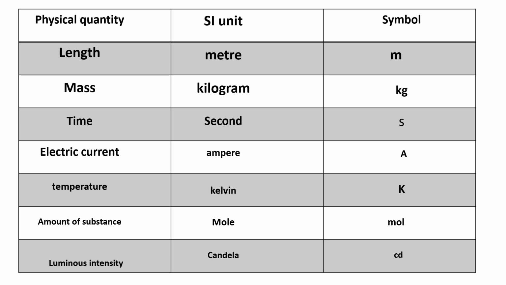So notice that your AS syllabus simply deals with the first 5: length, mass, time, electric current, and temperature. These are used quite often in your AS syllabus. Very rarely do you meet amount of substance and luminous intensity in AS physics. But in A2 physics, these will come up in different contexts. And until then, we can shelve them for now until we reach your A2 physics,